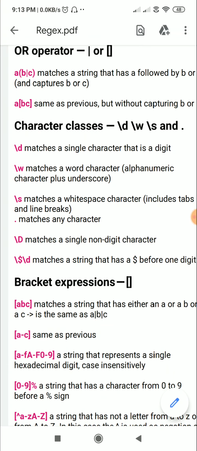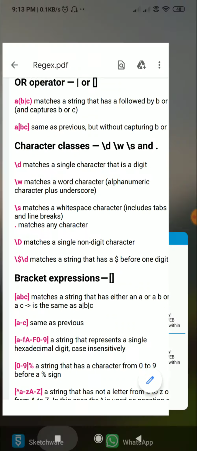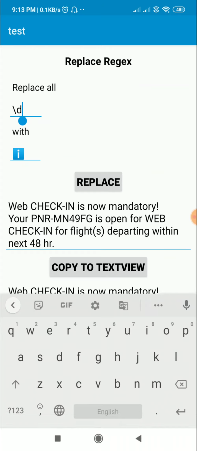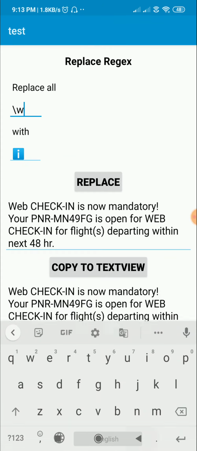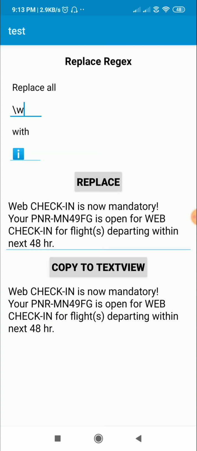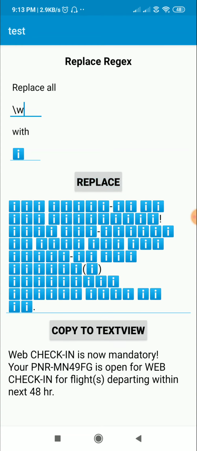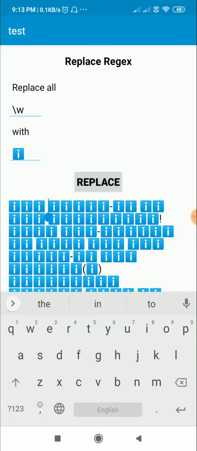Next is \w. It matches a word character. So if I have to replace all the words, all the letters, then I can use \w, and it will replace all the letters. It will only leave the spaces and these symbols.